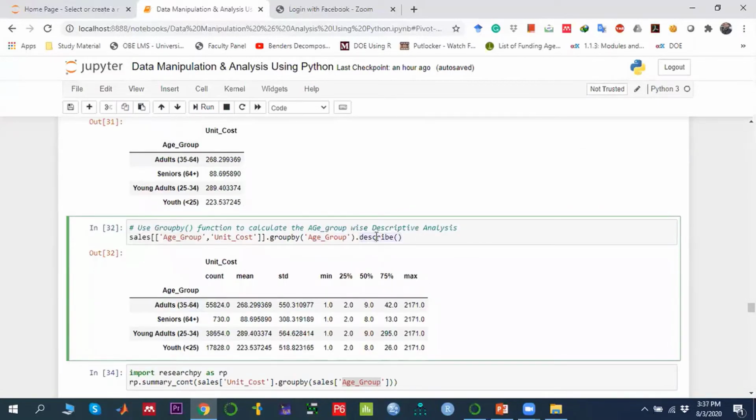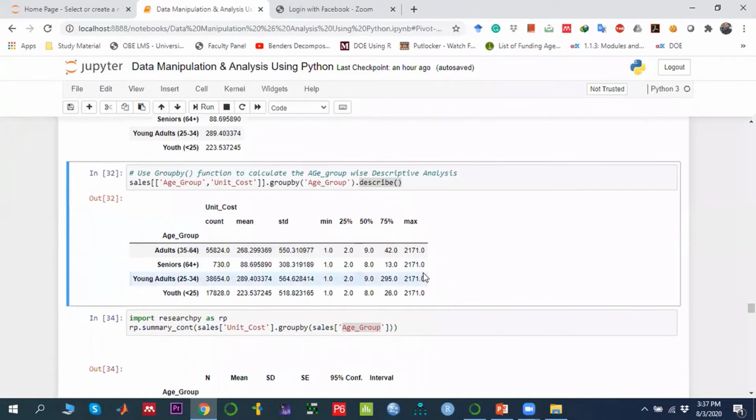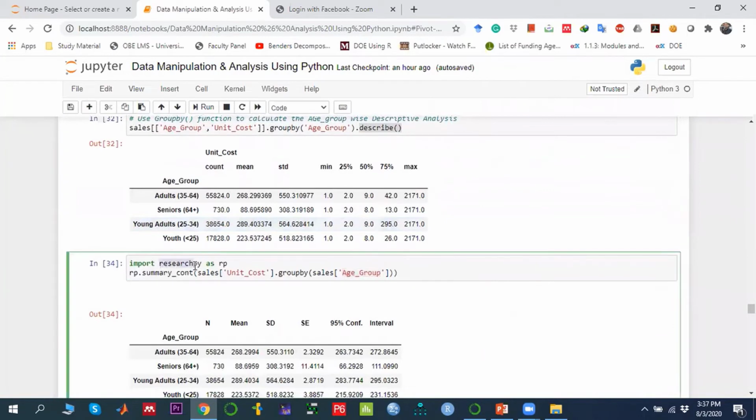But the problem with the pandas function describe is that it gives us the count, meaning the number of data entries against each part of the variable, that is in age group, that is, how many adults are lying in this particular data set. Similarly, mean, standard deviation, minimum, 25% meaning Q1, Q2 or median, Q3, as well as the maximum. But if you want to get the confidence intervals or the standard error, then you need to call this package, or you can say this library. So I'm using this library